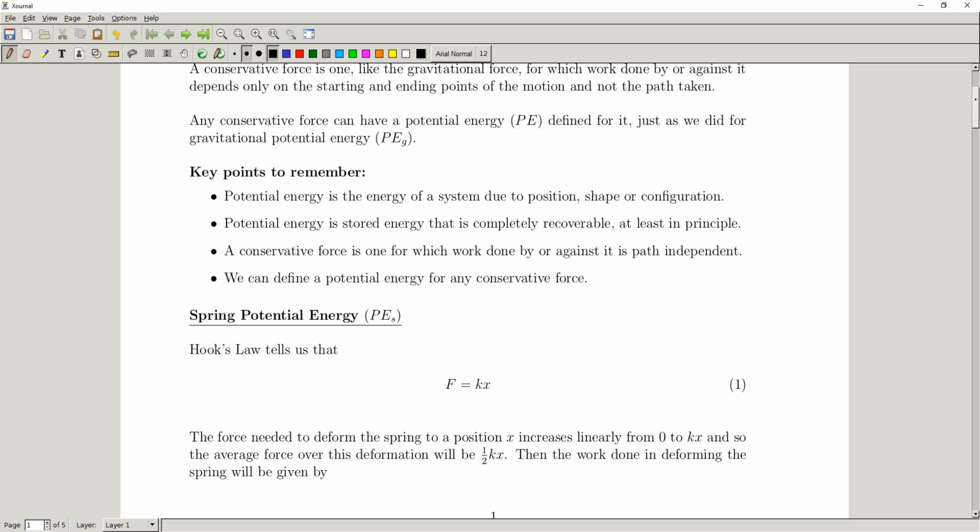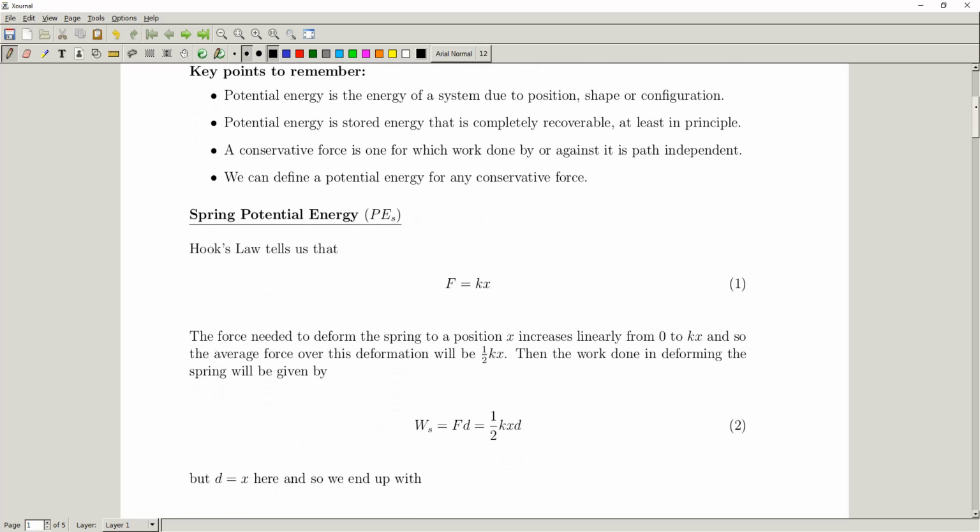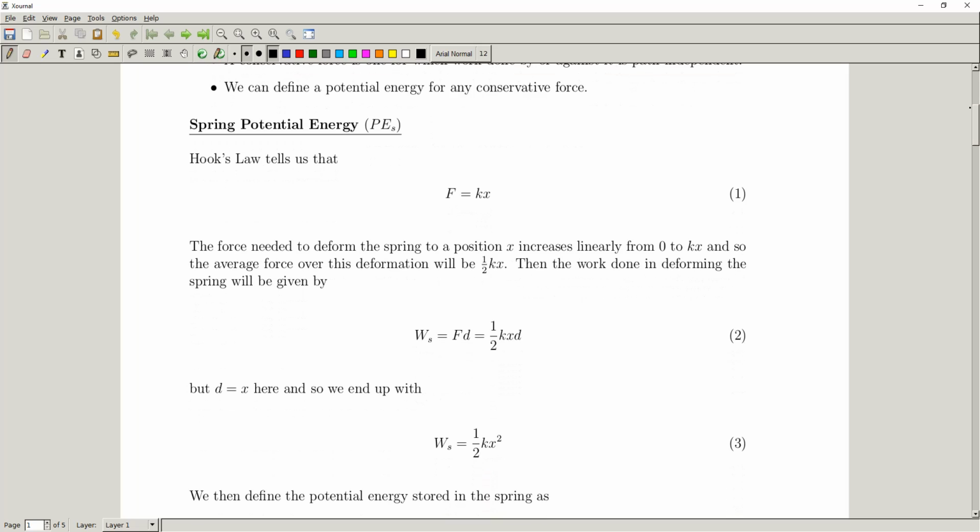So now we're going to take a look at spring potential energy. It's just another type of potential energy that we're going to find it useful to work with. And so we start off from Hooke's law. We should all recognize Hooke's law here. Let's remember what Hooke's law is telling us. It's telling us that the force needed to